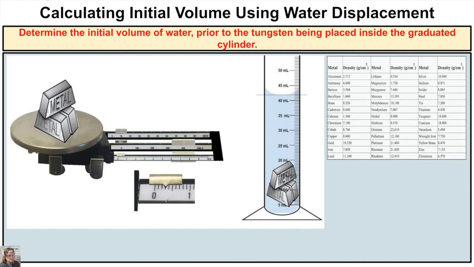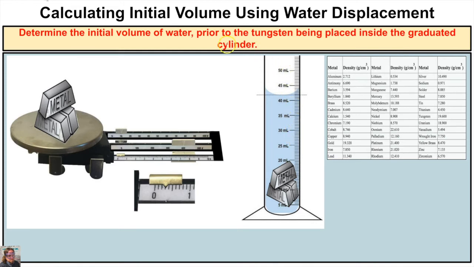Hey you guys, this is Mr. Millings, and in this video we are going to learn how to use the density formula along with the idea of water displacement to determine the initial volume of water that is in a graduated cylinder prior to some object